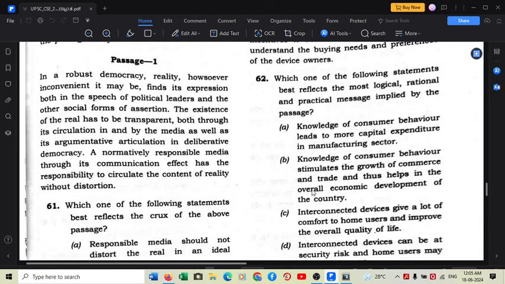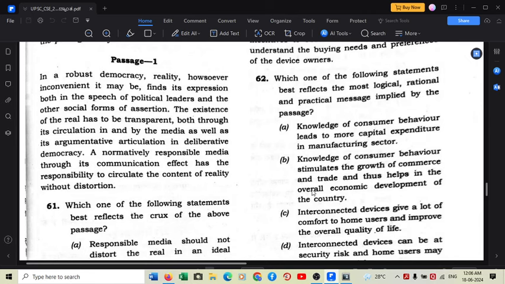both in the speech of political leaders and other social forms of assertion. The existence of the real has to be transparent, both through its circulation in and by the media as well as its argumentative articulation in deliberative democracy. Yes, the real thing should be conveyed both through the circulation by the media as well as its argumentative